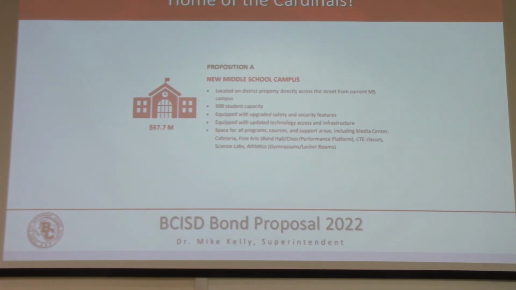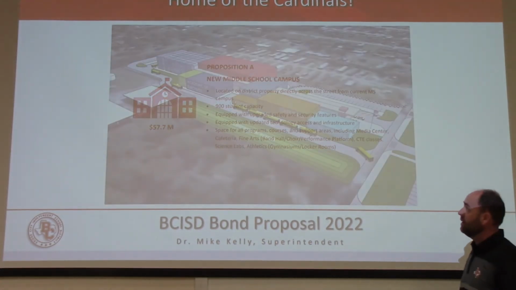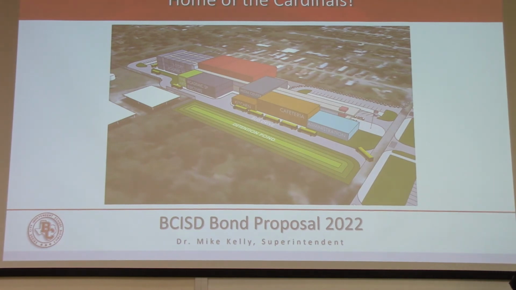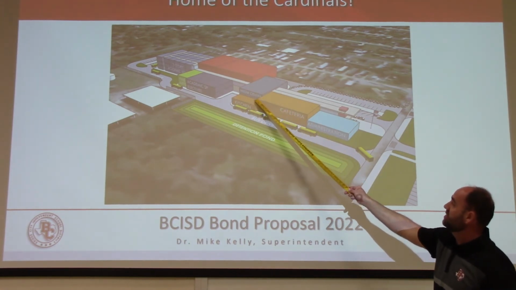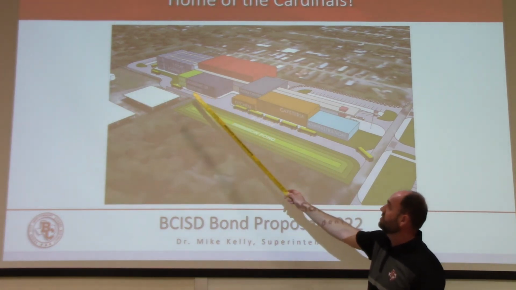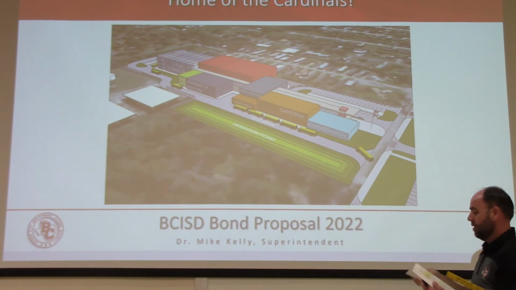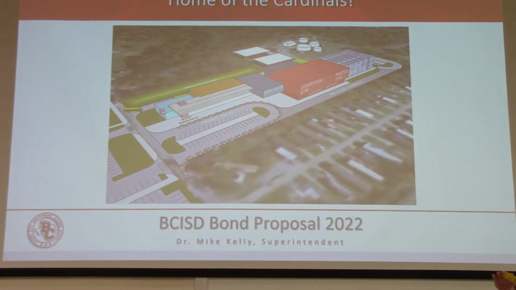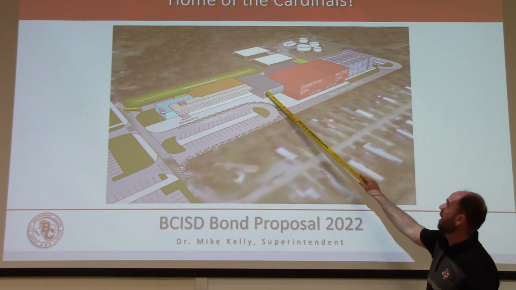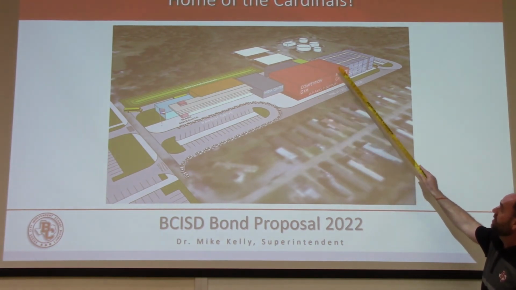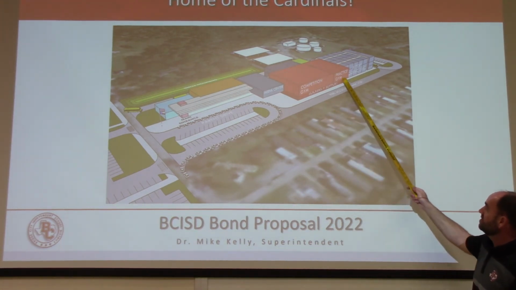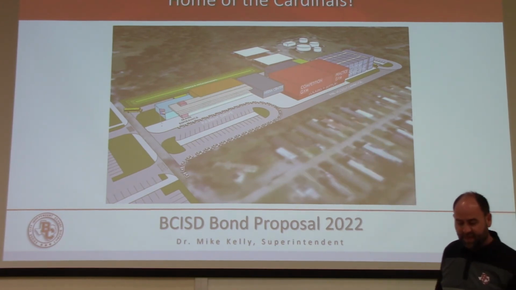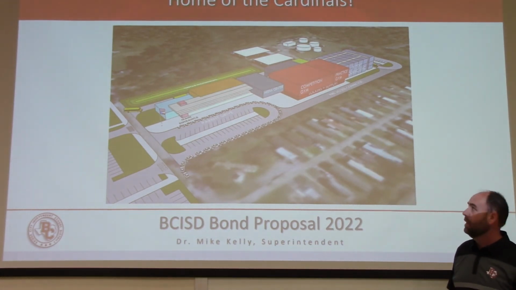I'm going to show you what it's kind of proposed to look like. And we're going to talk about some major differences in the current school and in this school. You can see admin offices, cafeteria, kitchen, media center or library, academics, electives, fine arts. And then I will turn it around. Again, this is kind of the back or the front of the library, a competition gym, a practice gym. So there are 2 gymnasiums proposed in this. Important to note that this practice gym is set to be 7,400 square feet. So we'll talk about that in a minute.